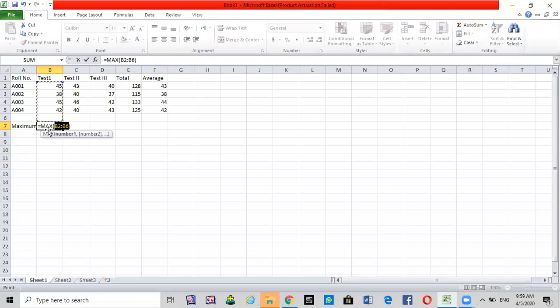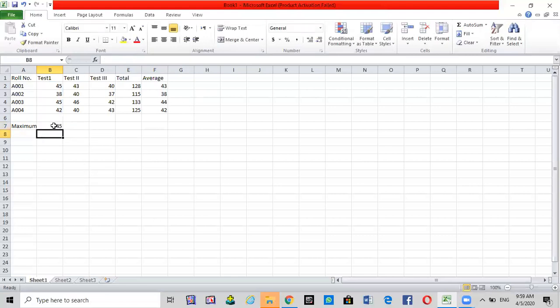Now again you notice that there is one extra cell that should not be included. So when my cursor changes to this style, I will press the left mouse button and drag it to the right range. I will select my right range, and when everything is okay, I will hit enter.